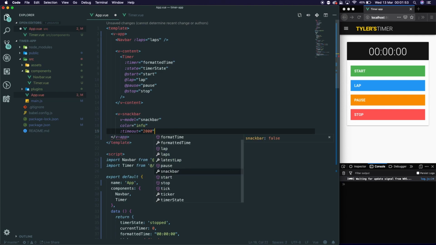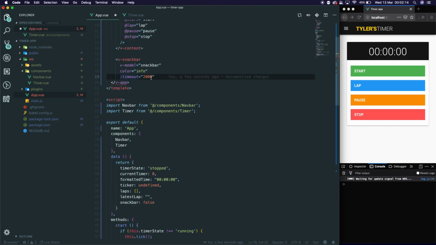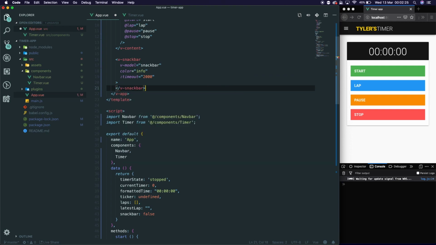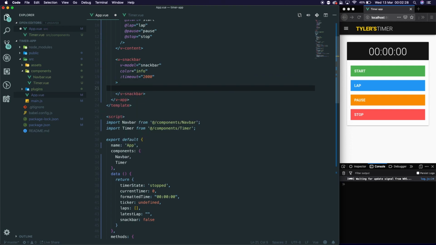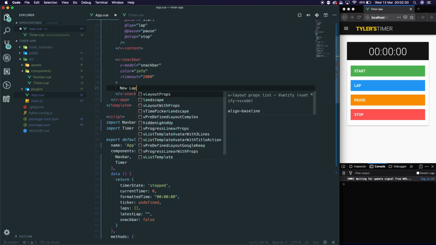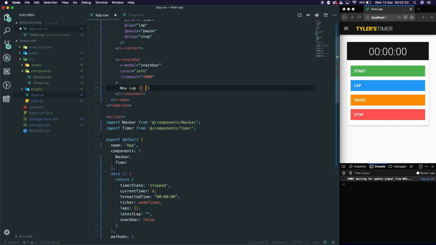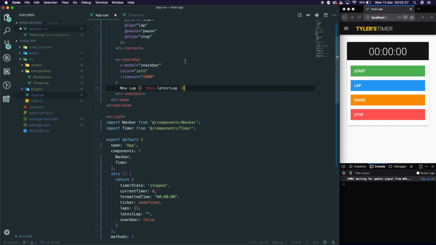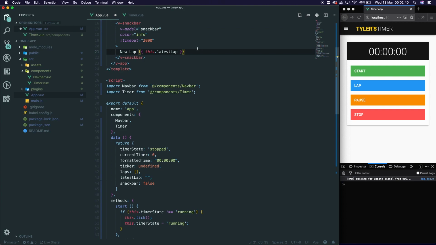Is equal to 2000, and the reason it is equal to 2000 is because it says this snack bar is only going to last 2000, or 2 seconds. Basically, this is divided by 1000, so 2 seconds. Inside the snack bar, we're going to have something saying new lap, and then we're going to say this dot latest lap. As we created a variable earlier called latest lap, we're going to utilize that inside of here,